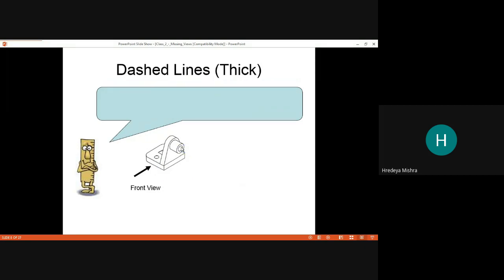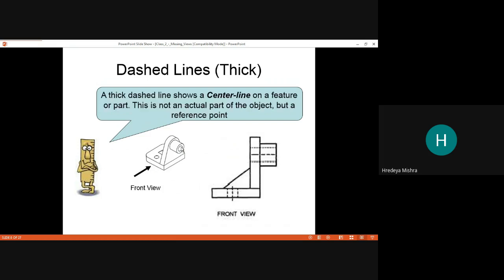So the dash line thick. A thick dash line shows a center line on a feature or part. This is not an actual part of the object, but a reference point.